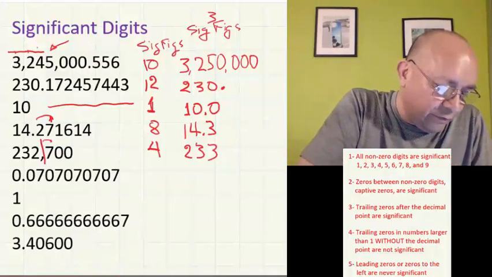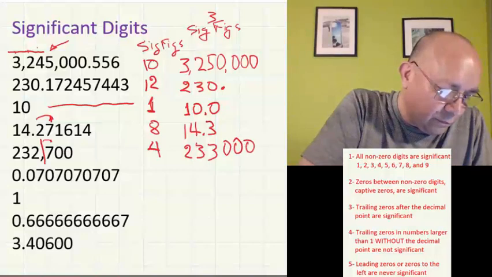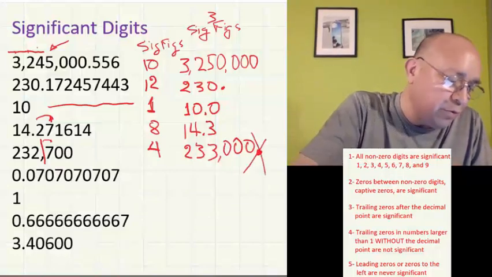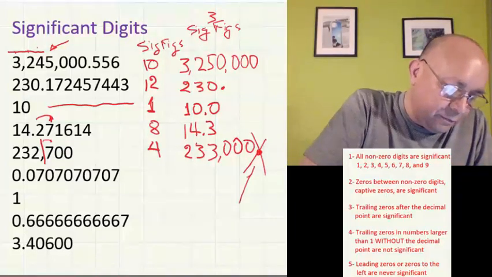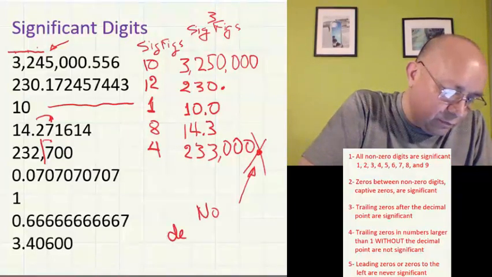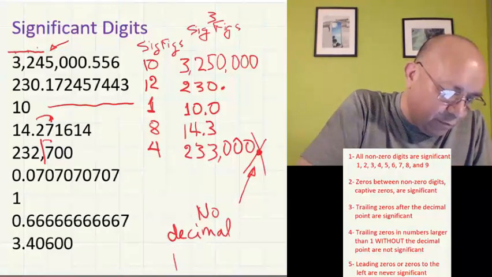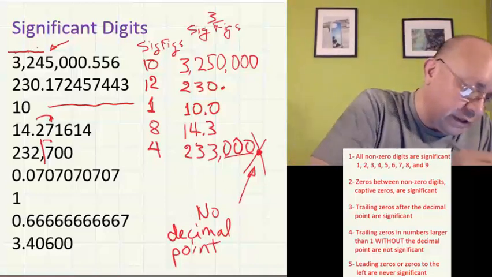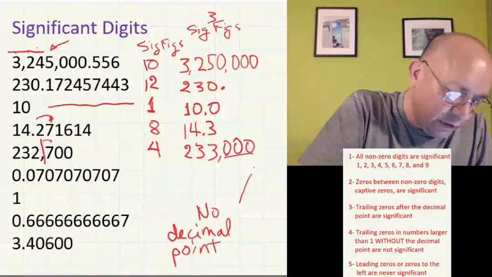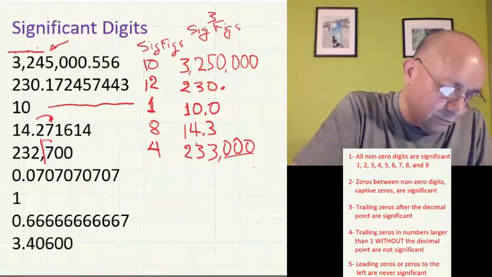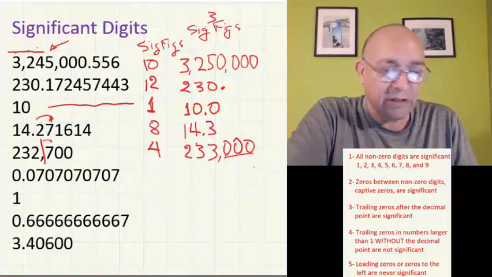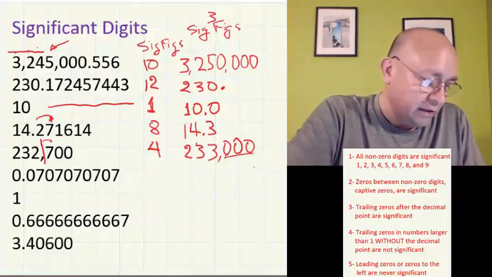So the rest we fill with zeros, right? Now, I don't put this decimal point, no decimal point, because if I put the decimal point, these 3 zeros will become significant, and I don't want them to be significant, so I remove the decimal point. So now this number, 233,000, with no decimal point, has only 3 significant digits. Next one,